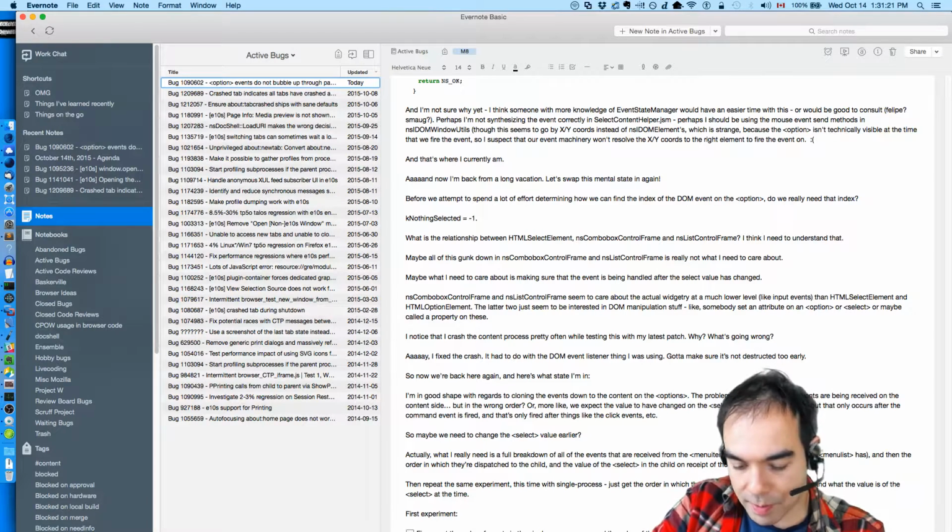So we did this experiment. Our finding was actually quite interesting. We've got a mismatch on how choosing items in select dropdowns behaves over choosing items in menu list dropdowns.